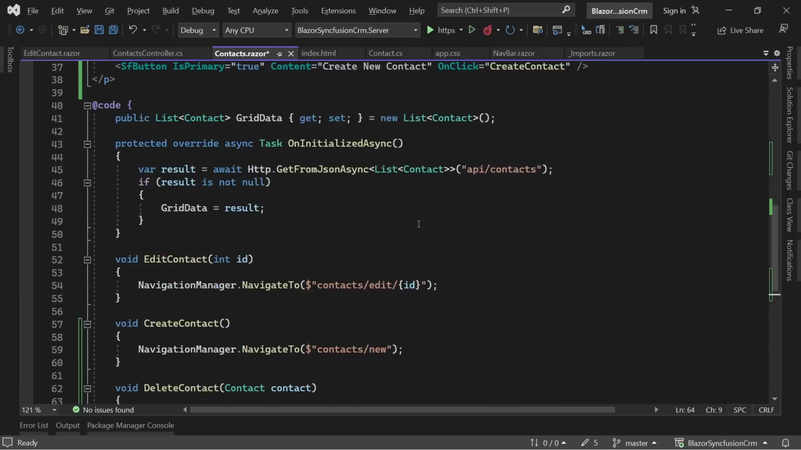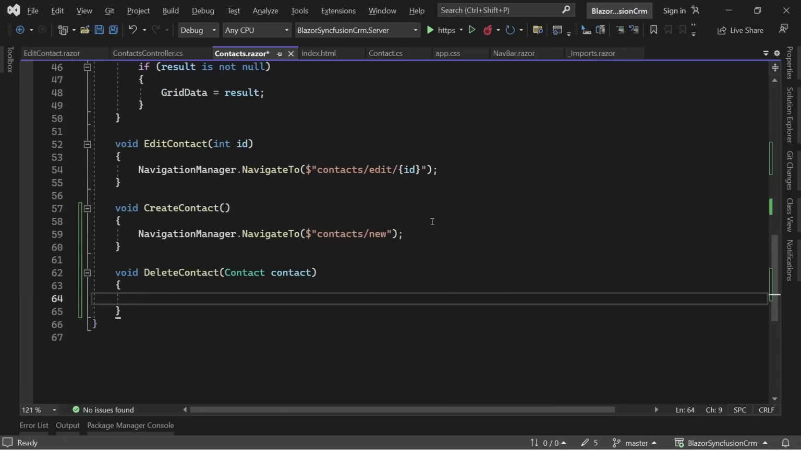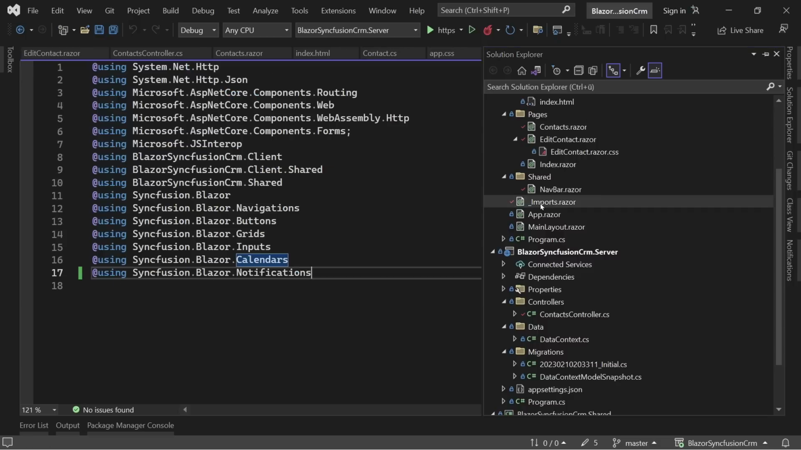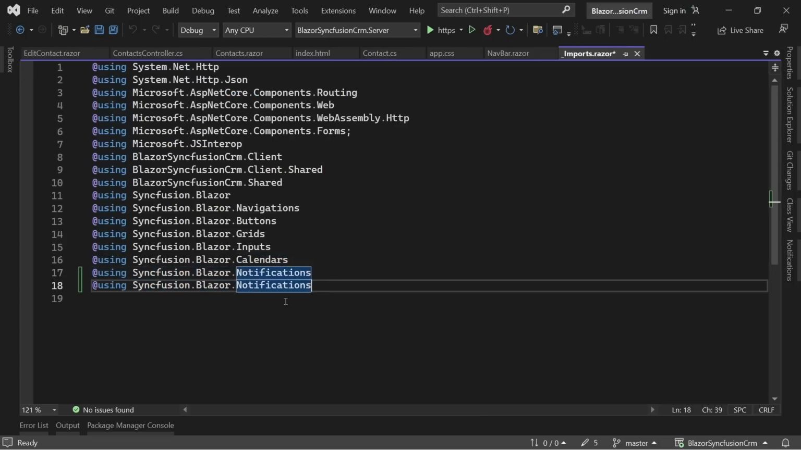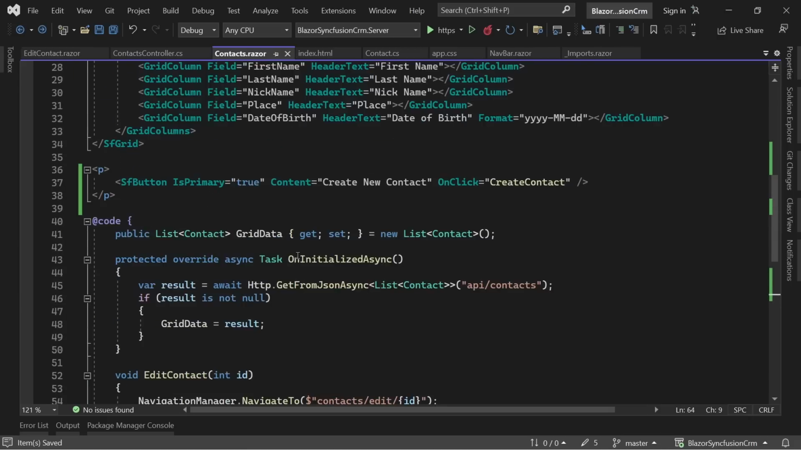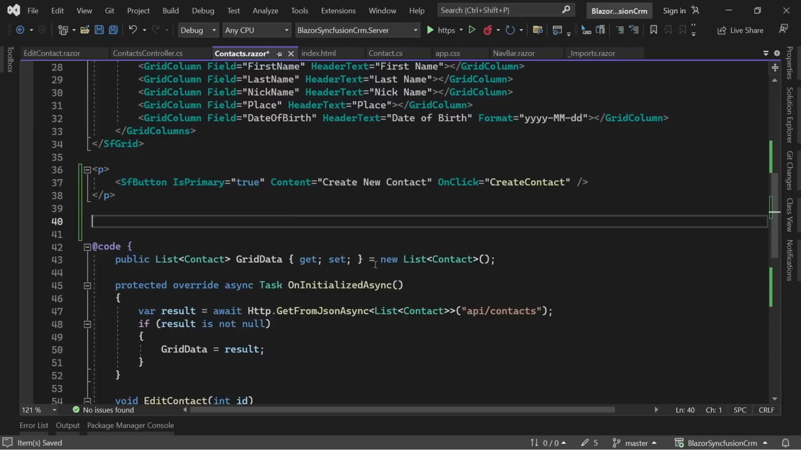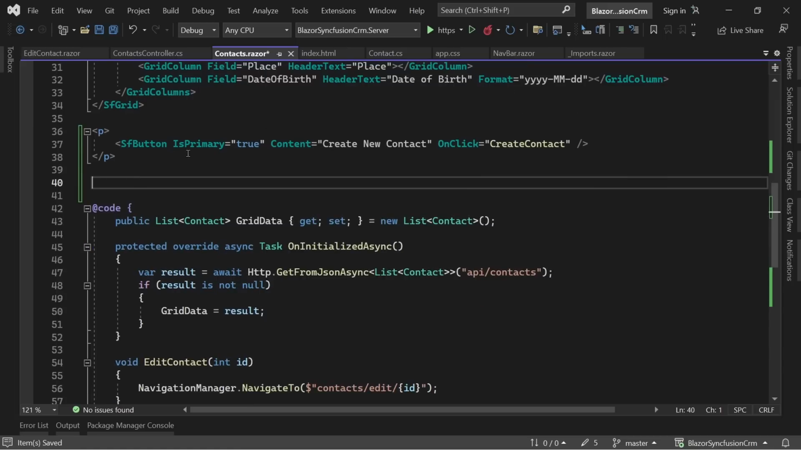And now let's continue with a dialog. So the first thing we need here is another reference in our imports razor. And this thing now is for our pop-ups. So there are a couple of pop-ups and I want to show you the dialog. So back to the markup of the contacts page. There we are. And now let's add this dialog below the button. Thing is,